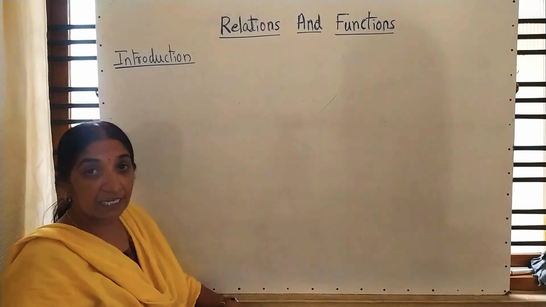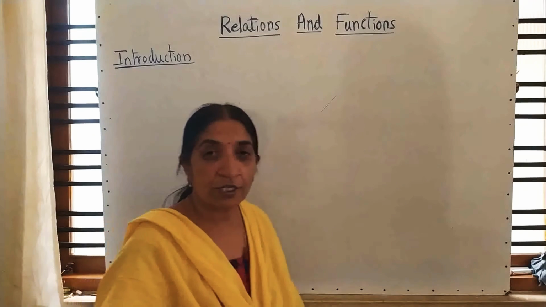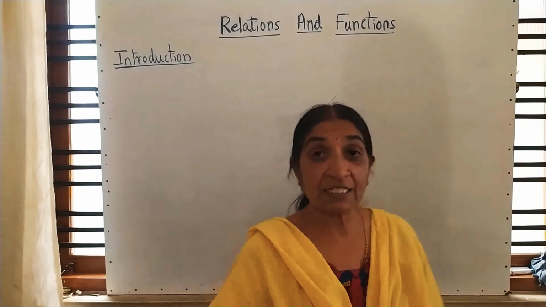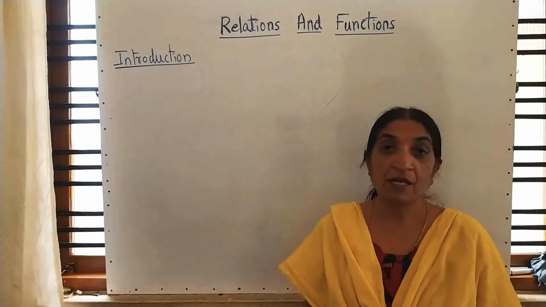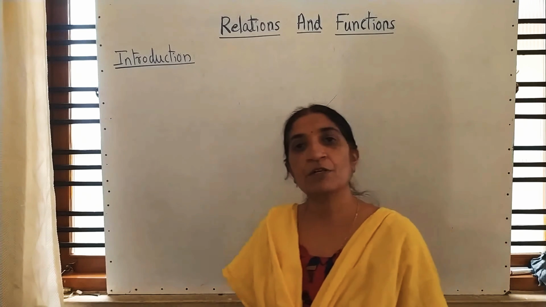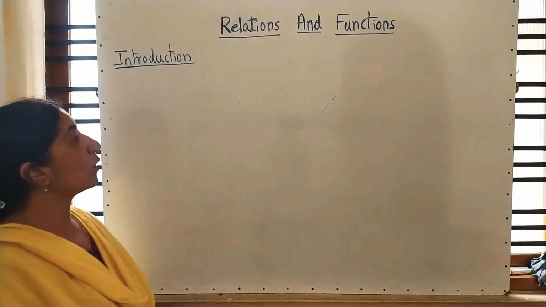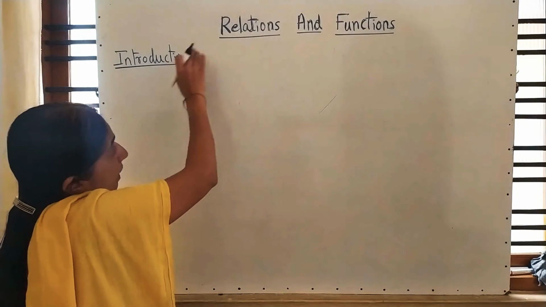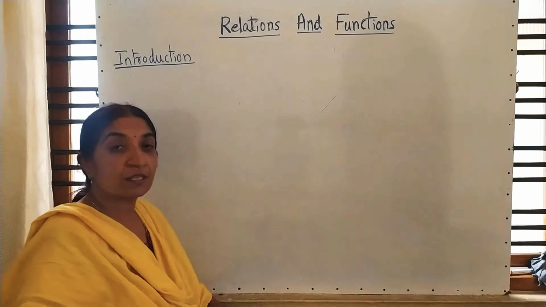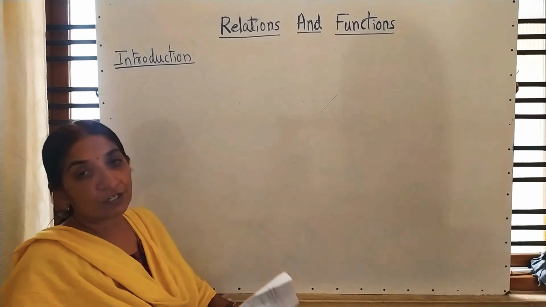See, in our daily life, we have so many relations like brother, father, mother, sister, teacher, student, friends, like that. Like in mathematics also we have relations. For example, 2 is less than 5. X is parallel to Y. So we are using this in the functions. We are finding this relation in the functions, correct?